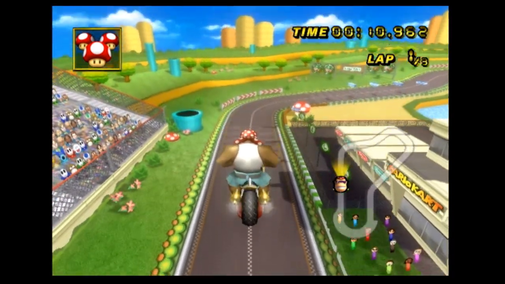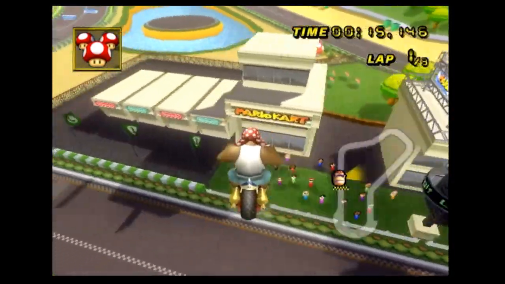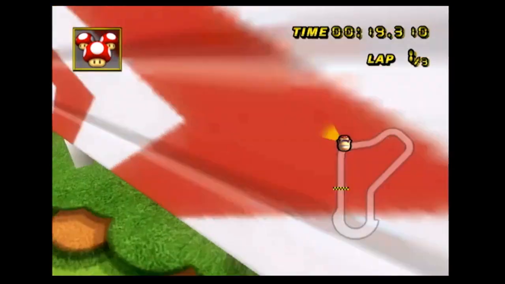I am using a different mod than usual today. It's called Future Fly. It allows me to be a lot more maneuverable, so I can explain my ideas a lot more clearly. Now, the first step to any Ultra Shortcut, as we know, is getting out of bounds, and